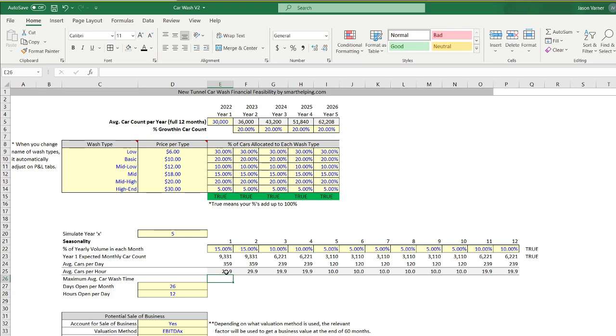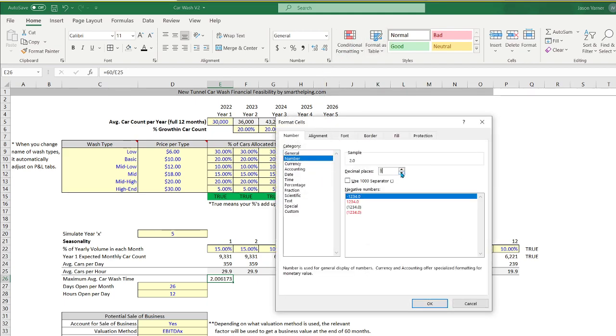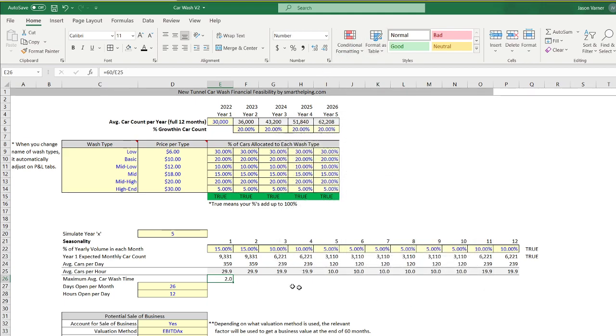So to get 30 cars an hour, each, so that's 60 minutes. So that's 2 minutes of car wash, right? Max. This kind of gives you a nice sense of, like, really shows you,